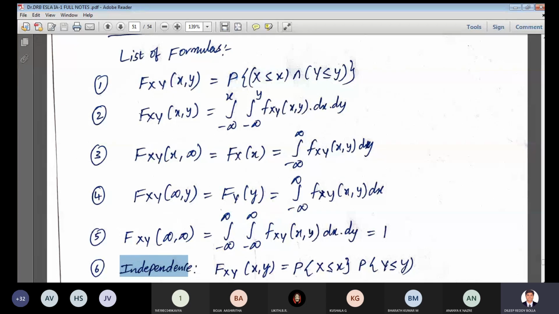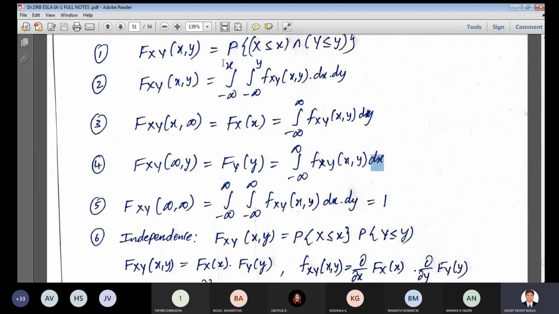Okay, so it's very simple. Take this as the base of the formulas. If the y value is infinite, substitute infinity for y here. Then what will happen? We have seen the proof of the derivative of that. If only x is there, it will be only x. If only y is there, it is only y. If only x is there, do d by dy. If only y is there, do d by dx. Reverse.